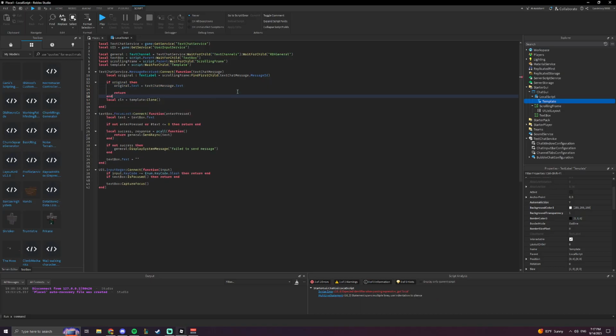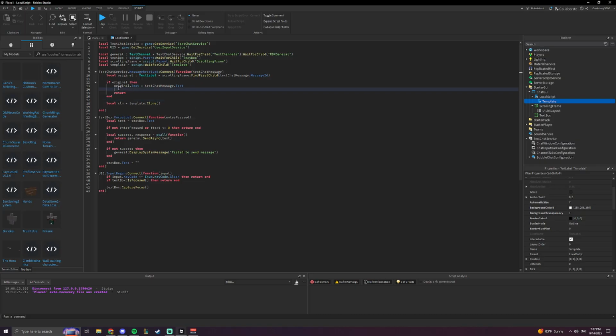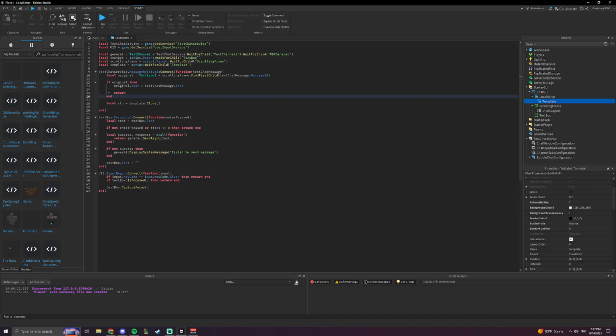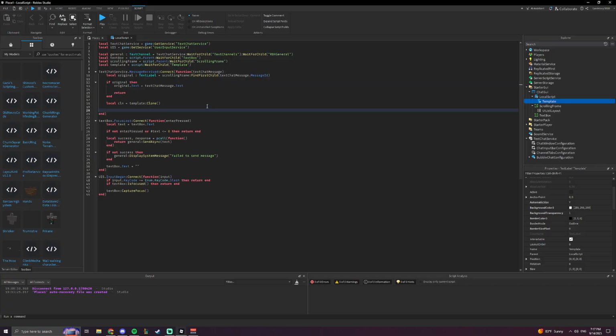I don't know why, but I spaced the return because it's red. There's no reason to do that, but I do it because I like it. Anyways, if the original exists, then we just set it and return. And if it doesn't, then we can make the message. And it's pretty easy. All we need to do really is